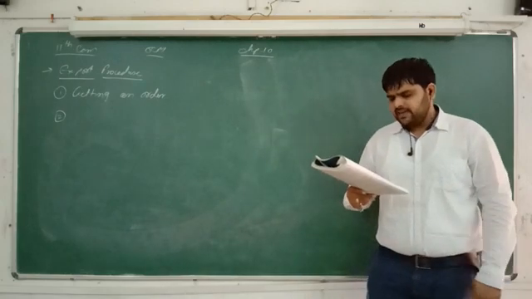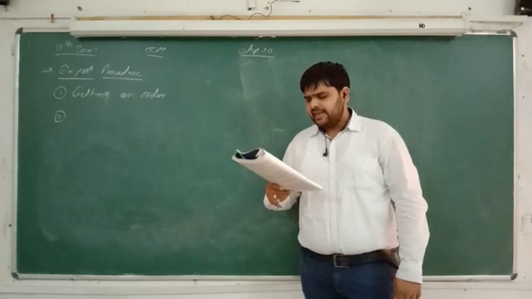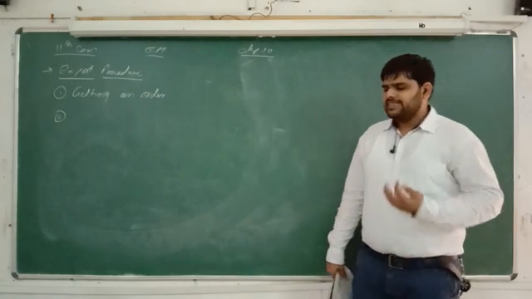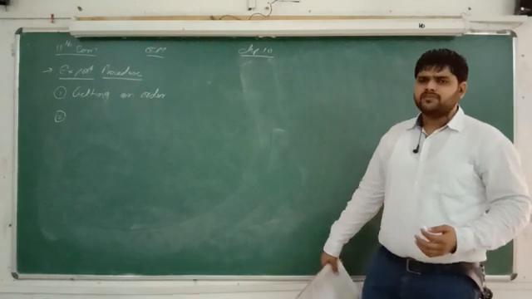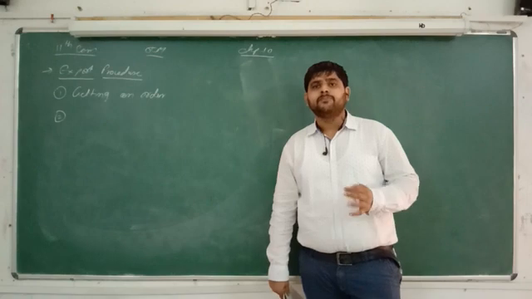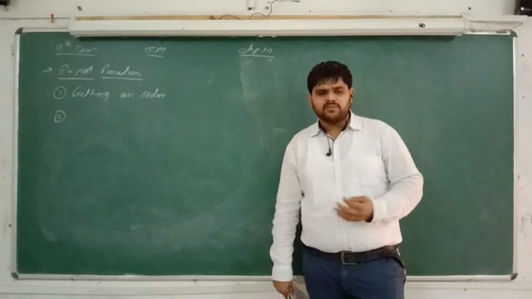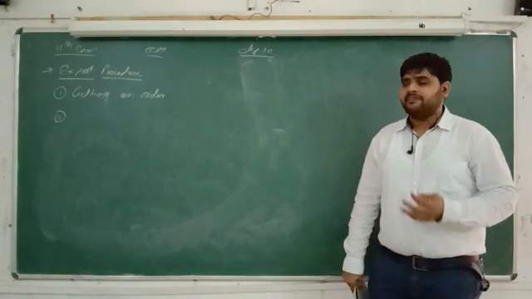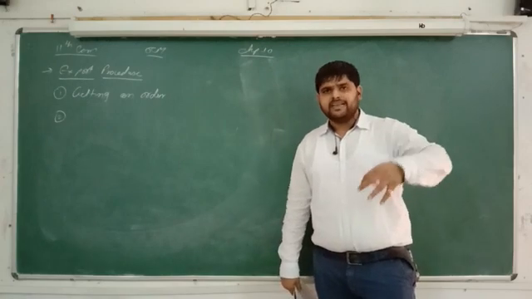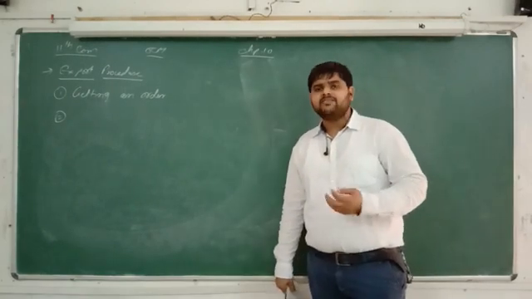Before receiving the order, the exporter gets information about the financial capabilities, creditworthiness, and relevant matters of the importer. So definitely, before sending the goods, we have to check the financial capability of the importers, whether they are okay or not. This is the most important thing: we have to check the financial capability, and then receive the order for sending the goods. So this is the first point, getting an order.